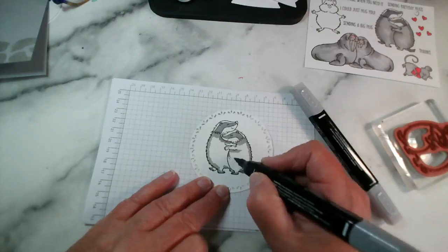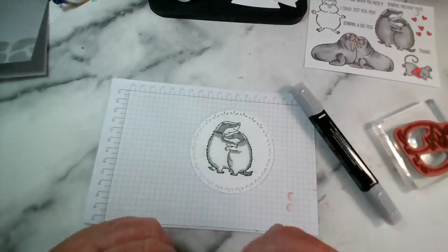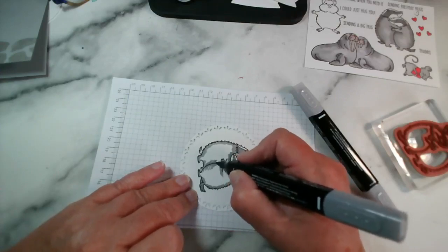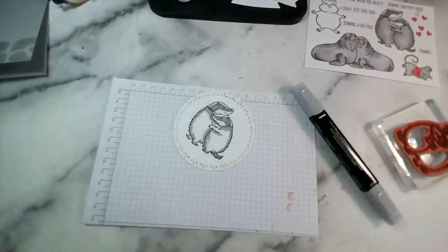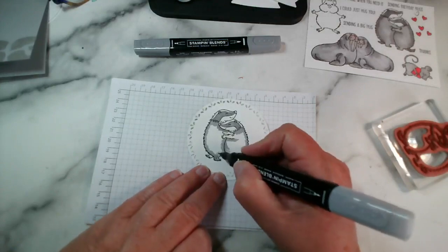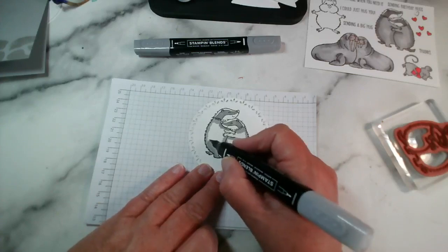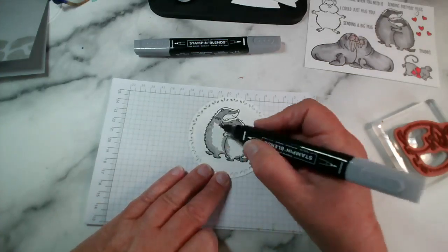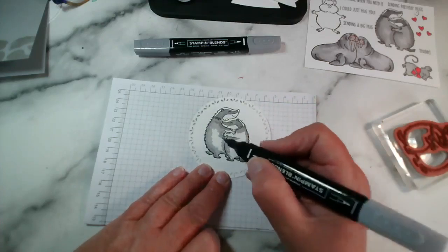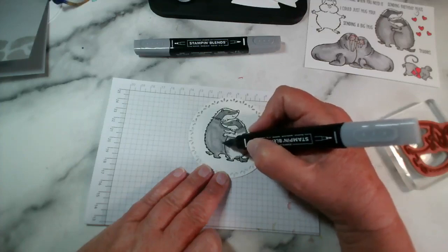I can add a bit more on here, and again just using that brush stroke, and I'll do the same on this one here. Like that. Now I can bring in my lighter colour and continue that, but I'm continuing with the wider brush, the brush tip, and I'm just covering this area because it's quite a big area, and then I'm going to go over and do a little bit more blending. Okay,